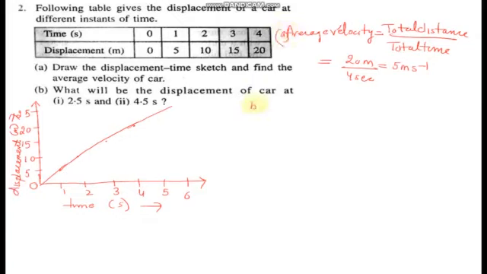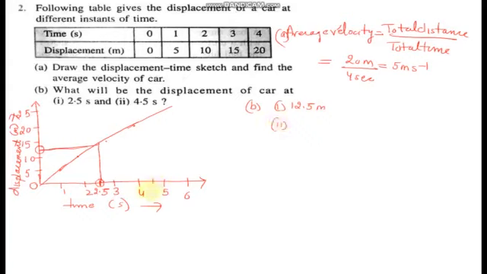Now the second part of the question is we have to find the displacement when time is 2.5. This we have to find from the graph. In the graph, 2.5 seconds is here, midway between 2 and 3. From here I will make a straight vertical line on the graph, then a straight horizontal line to the y-axis. If this is the midpoint between 2 and 3, then this is also the midpoint between 10 and 15. So what is midway between 10 and 15? That is 12.5 meter. Directly you will simply write the answer.